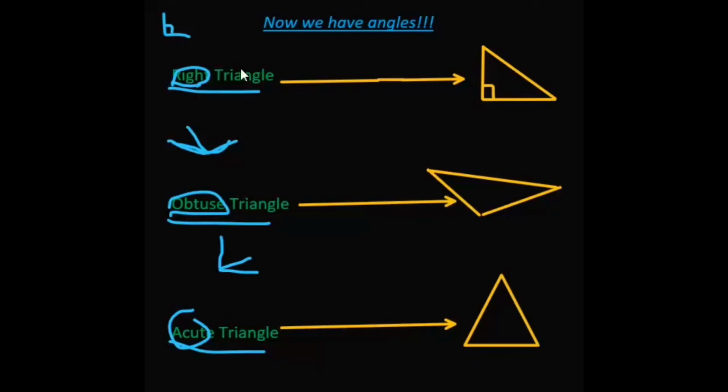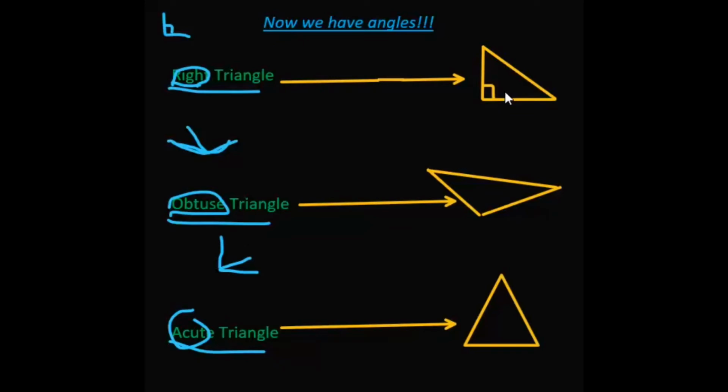Okay? So now let's talk about the triangles. A right triangle would look something like this. See this square right here? This indicates that this angle right here, where these lines connect, is a right angle. So it has a 90-degree angle to it. And this right triangle only needs to have one right angle. It's okay if these two are acute angles. As long as it has one right angle,